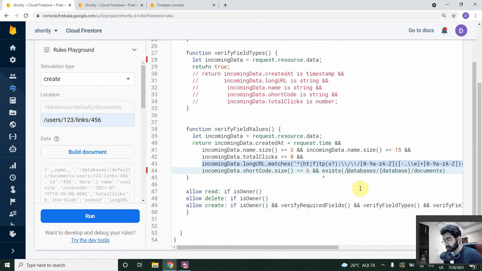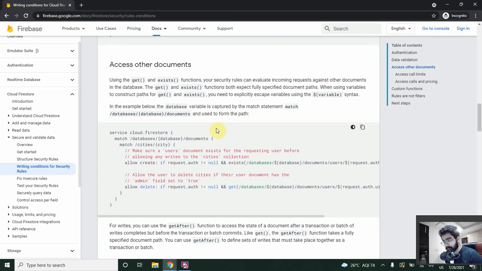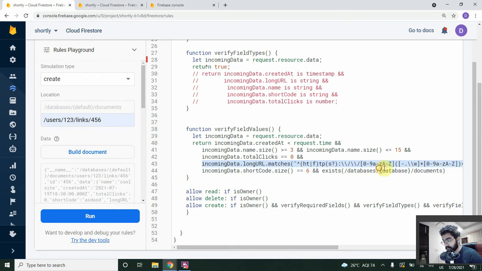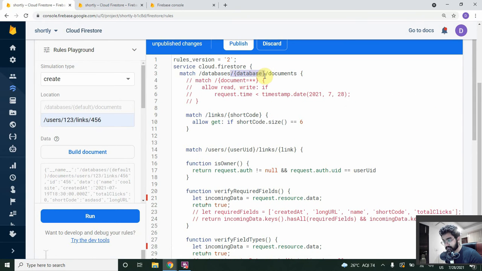If we need to use a variable within the path that we pass into these functions, it's stated here that we have to wrap it inside brackets and put a dollar before it. The database, as it is a wildcard, a variable we are catching while matching the root level match,